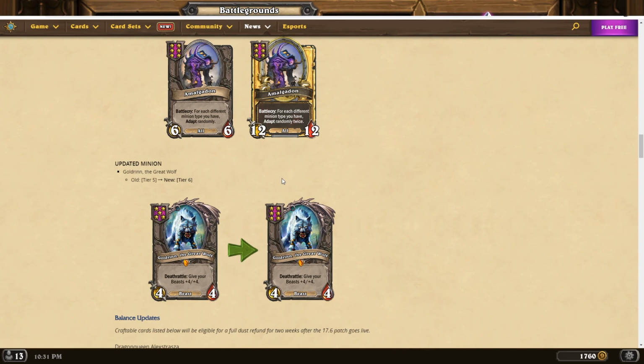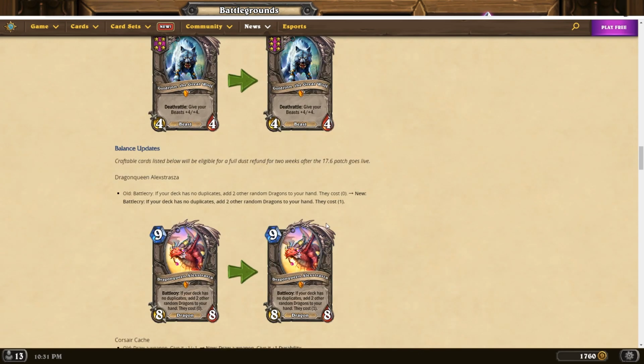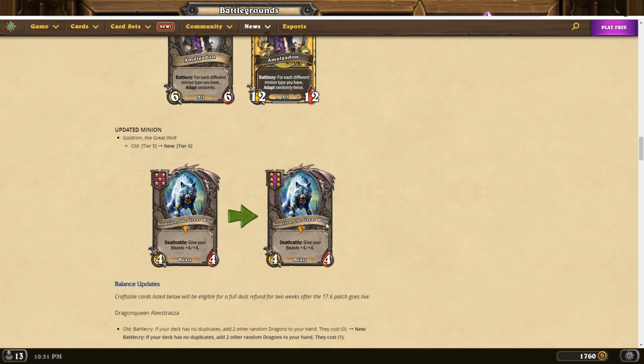That's actually a big nerf to Beasts though. Now you need to have tier 6 in order to get Goldrinn. Yep, that's a big nerf for the Beasts. In general, my personal opinion is that Beasts went really strong from mid-tier composition to end game composition, and the only ones that could beat Beasts are Murlocs, and in some rare occasions when you got pretty lucky, let's say you have a golden Macaw with one additional, you have a golden Goldrinn, and you have a Hydra, and you put that